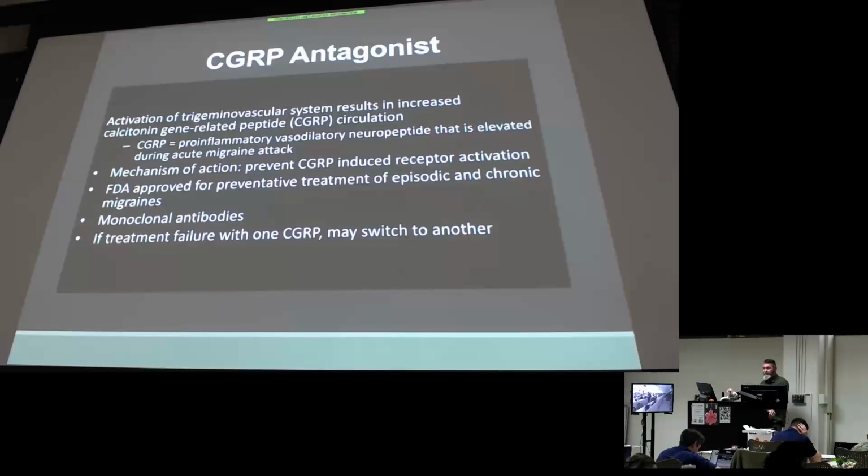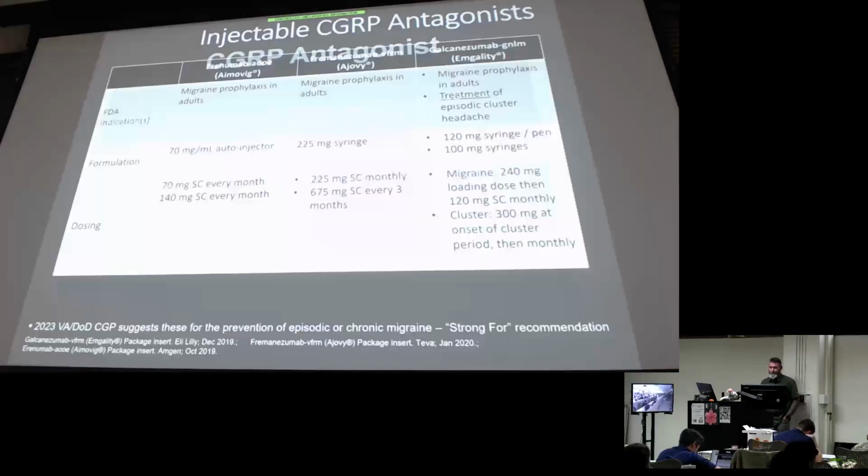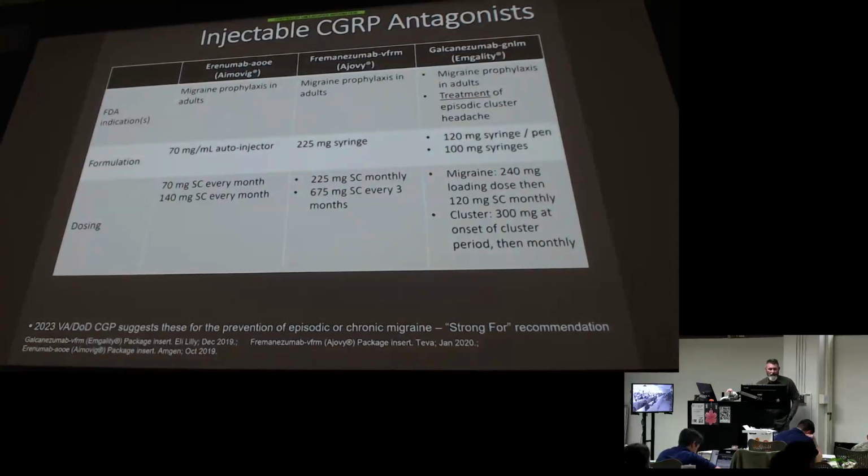We're all tracking what they are. And once again, two different options: monoclonal antibodies, ending in MAB, are injectable, like monthly or quarterly. And then the other are oral pills, right? The GPANTs. And if you fail one as a prophylactic, you can move to another. And here's just a chart of them. Interestingly, the last one on the list, the Emgality, is for migraine prophylaxis, but we can also use it in cluster headache, a class we're going to talk about here soon.